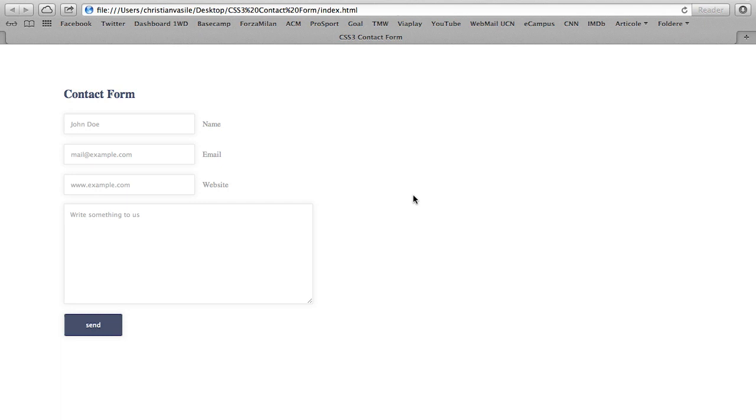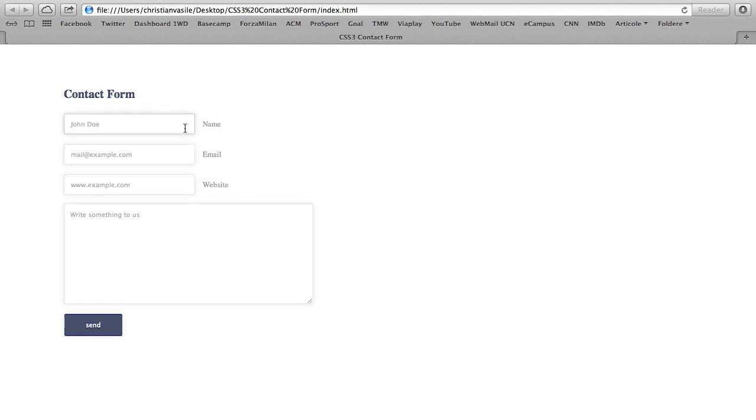on HTML5 or CSS3. And this time it's mostly a CSS3 tutorial because we're gonna work with HTML4.01 and we're gonna create what you can see here on my screen, which is this contact form. It's not functional. It's not something that you can use right away, but what I want to teach you about is how to